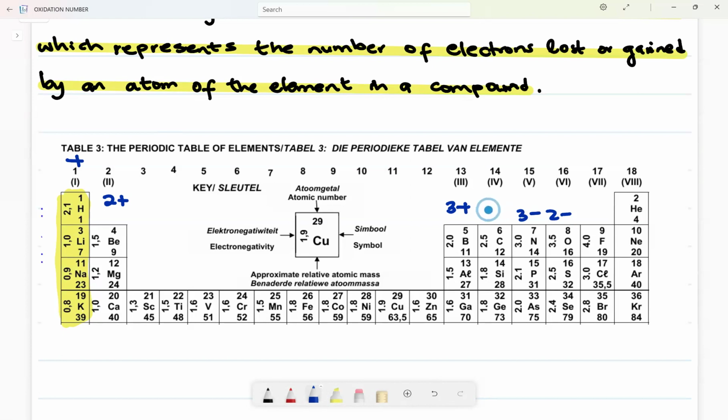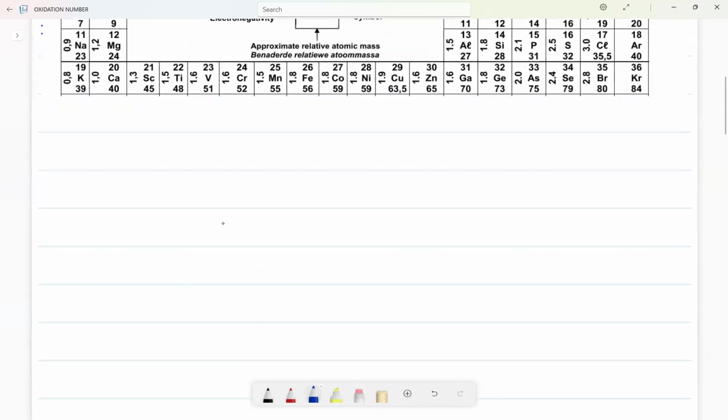And take note, I'm saying 3 minus, 2 minus, and minus. For the oxidation number, I start with a number and then a sign afterwards. Okay, so this is what we refer to as an oxidation number. Let me try to explain the concept I mentioned, that it represents the number of electrons lost or gained by an atom. Let's say, for example,